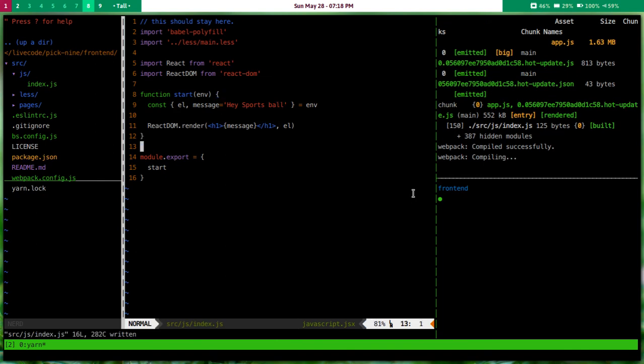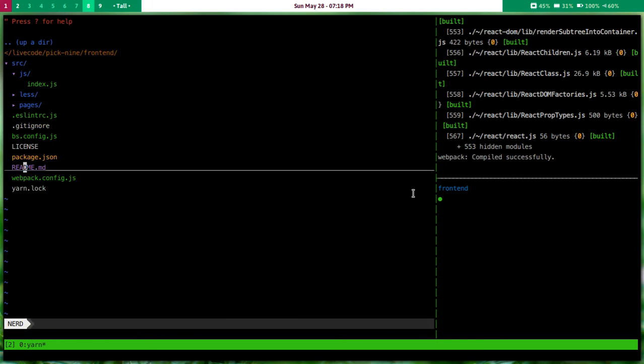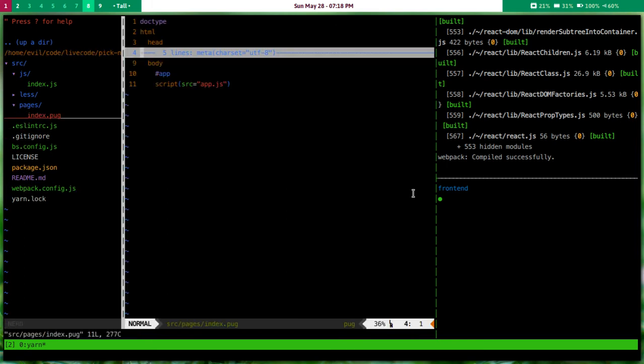But right now, nothing is calling start because we haven't done anything with that. So let's go ahead and correct that horrible error. So what we want to do here in this pug file is we will add a new script, and we'll just put a dot here. And let's make an IIFE, so we'll do function, and here we'll do root, and inside of here, what should we do? We are going to do root.Pick9.start, and we need to have some sort of element, so we'll do var el is equal to